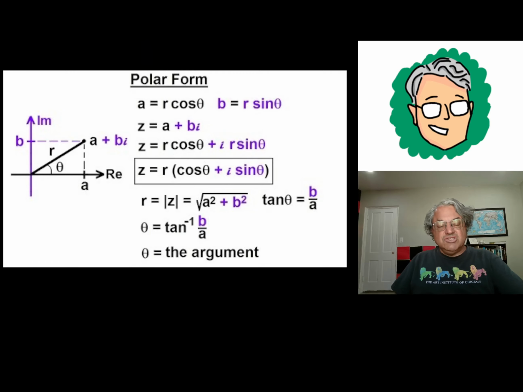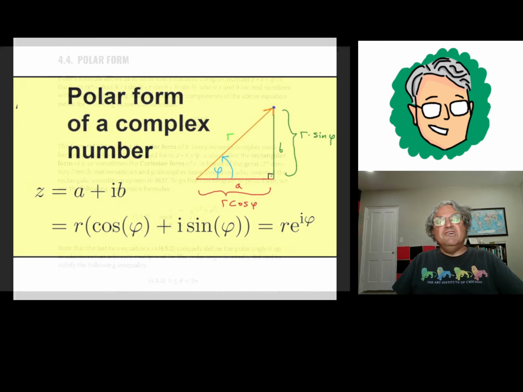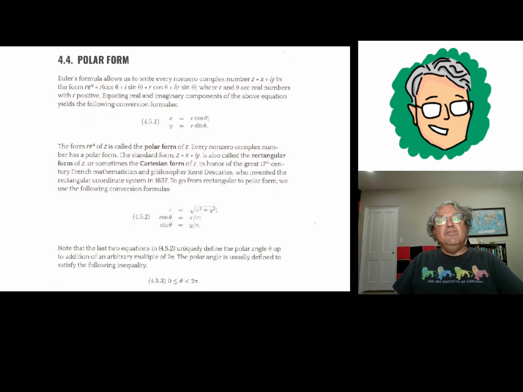Actually, I might as well go back to my slide here. I prefer writing theta as the arc sine of x over r, and is that right? Or the arc sine of y over r, I guess, because that r is always positive, and y can be positive or negative. Actually, I don't think that works either. You kind of have to take into account the